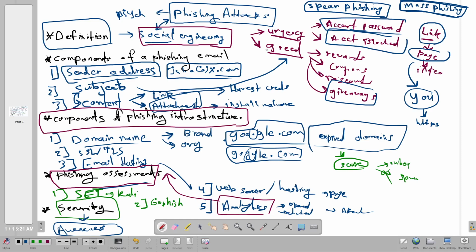Okay, and always verify the sender address. Make sure that the sender is who they claim to be. Take a detailed look at the domain name. Sometimes the fake domain name looks very similar to the original one, but in fact it is not the original one. So take a closer look at the domain name and the sender address. Make sure you recognize the sender, and make sure not to click on any link or attachment unless you recognize the sender. Okay,